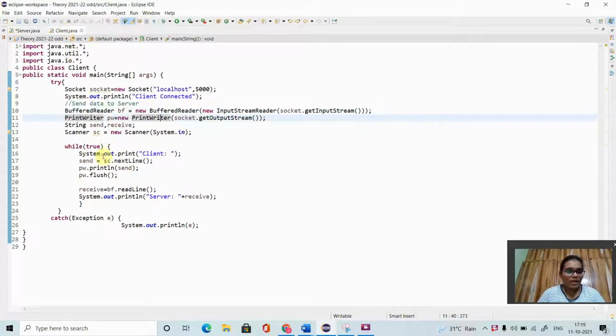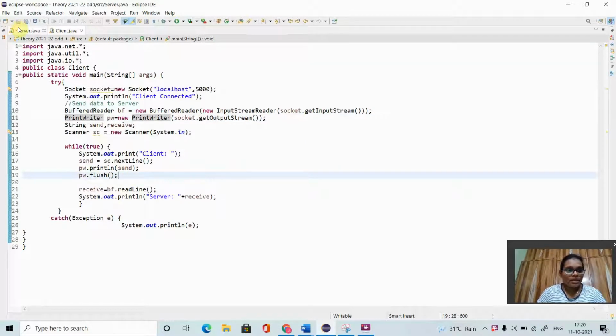So in the client we have to give the data. For the number of communications we are using while true. In while true, System.out.print, that means we have to enter the data. Then it will send the data, and we have to flush it by using the flush function.